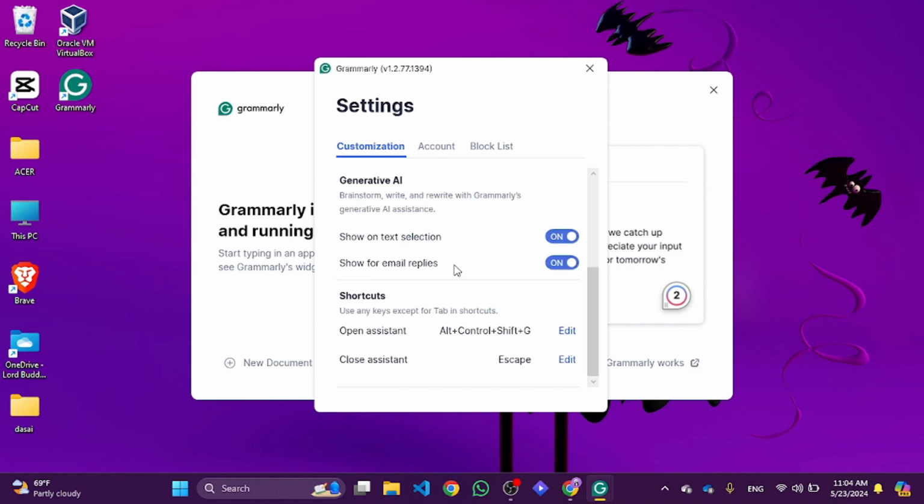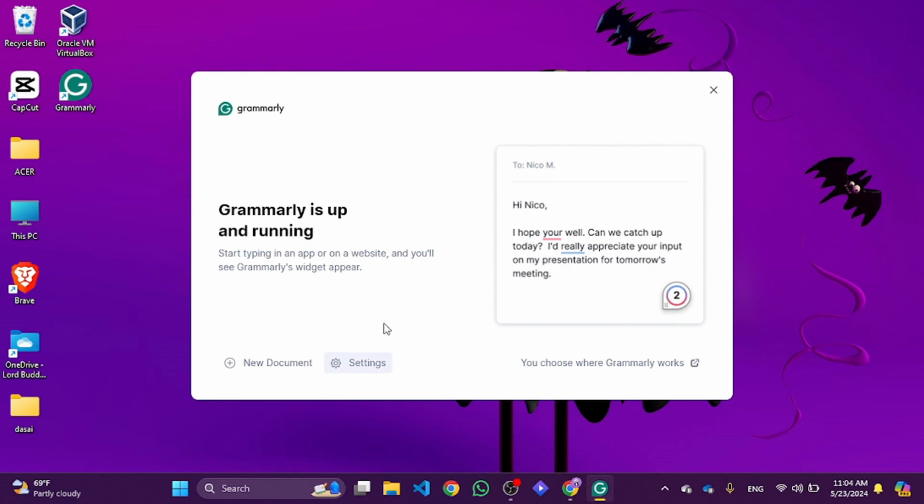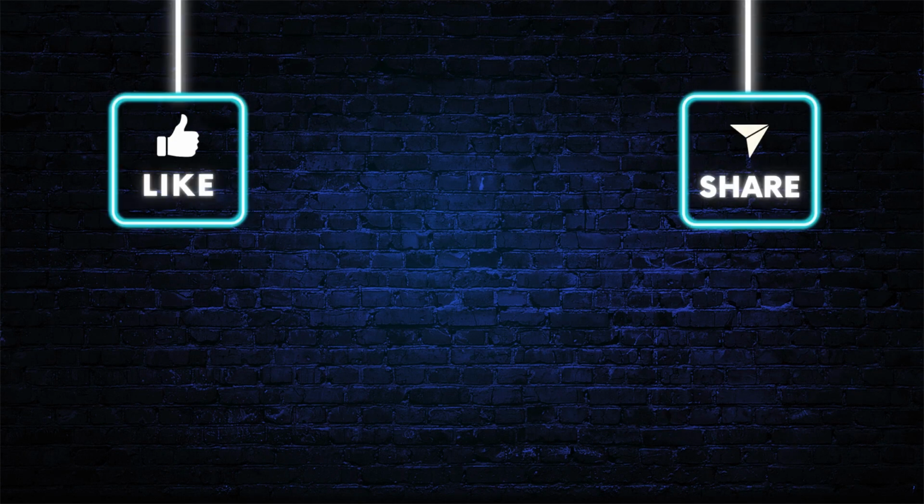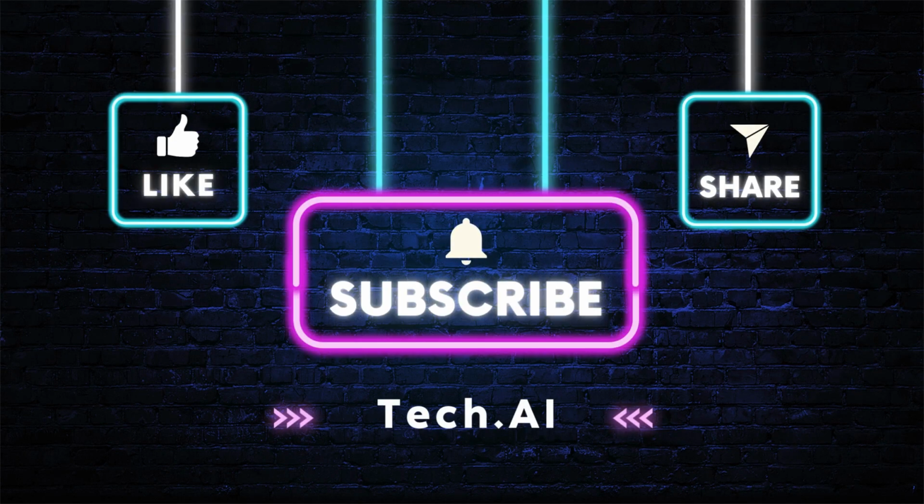You will see options like American English, British English, Australian English, and many more languages. Choose the one you prefer. Make sure to save your changes. And that's it. Grammarly will now use a selected language for all its